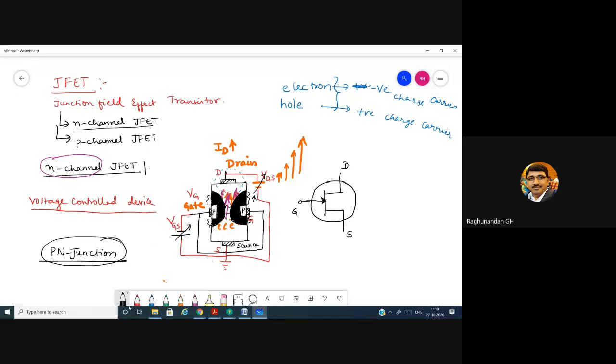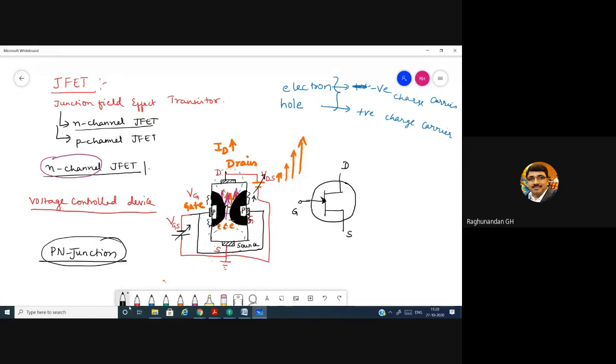At this particular portion, we don't have any potential. Simply the electrons are getting attracted towards it. We have not applied any potential to the source; it is grounded. But at the drain side, we are applying a potential which keeps on increasing. So that's why the depletion layer keeps increasing towards the drain compared to the depletion layer between the gate and source. The gate to drain depletion layer will be more.